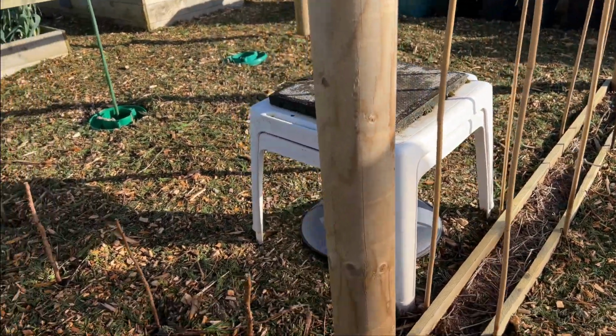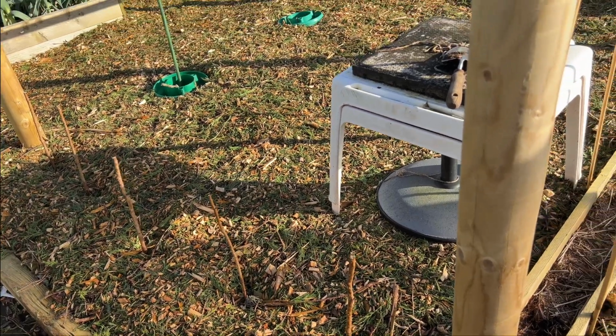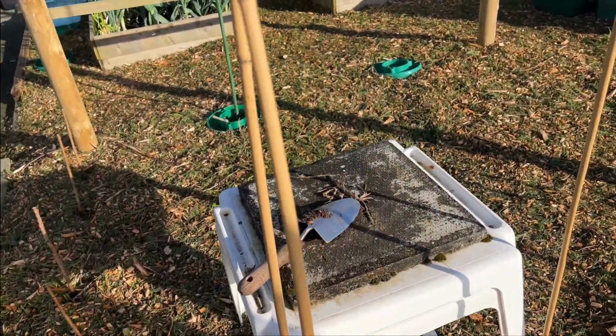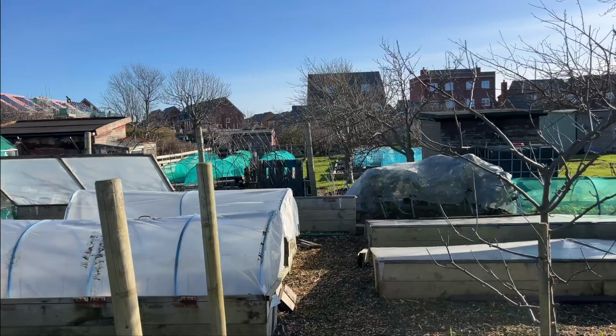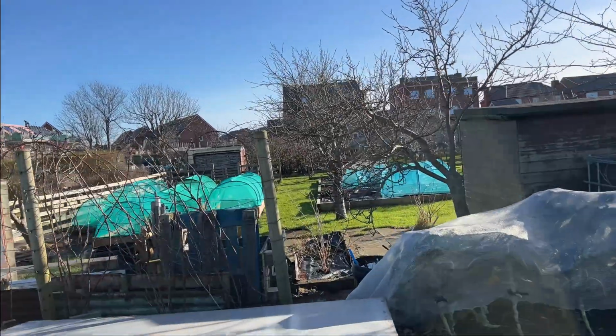I've just popped in here some yellow raspberries, and I've got lots of red raspberries, but these are an autumn fruiting one, the yellow one. And down the back end here I've got my summer fruiting ones,